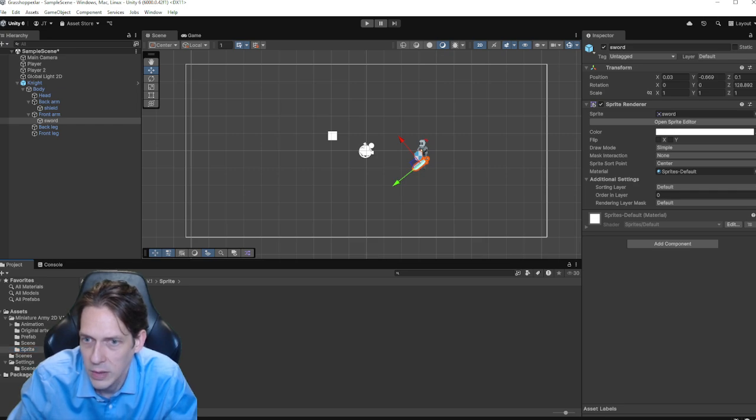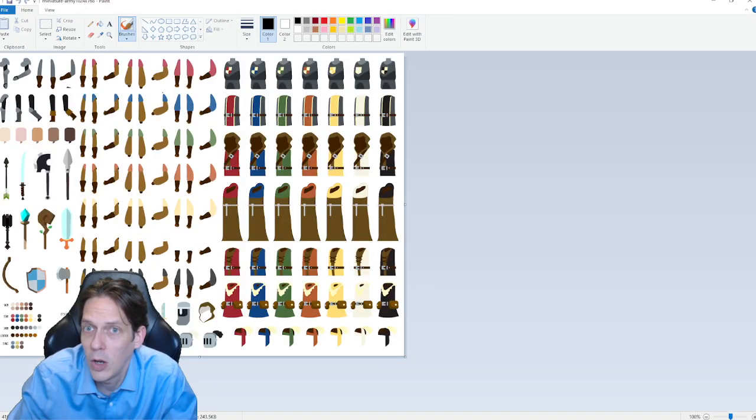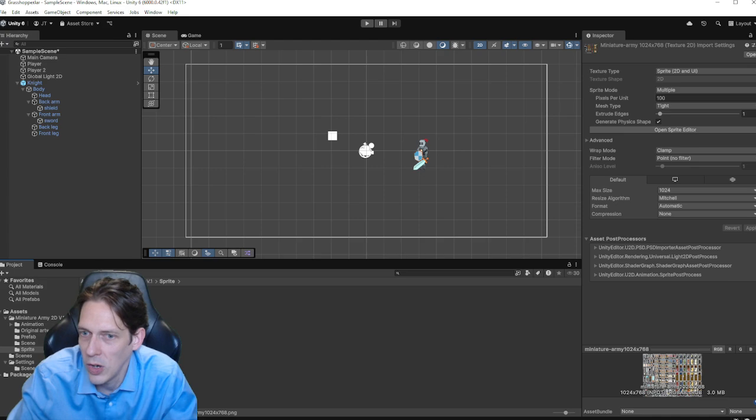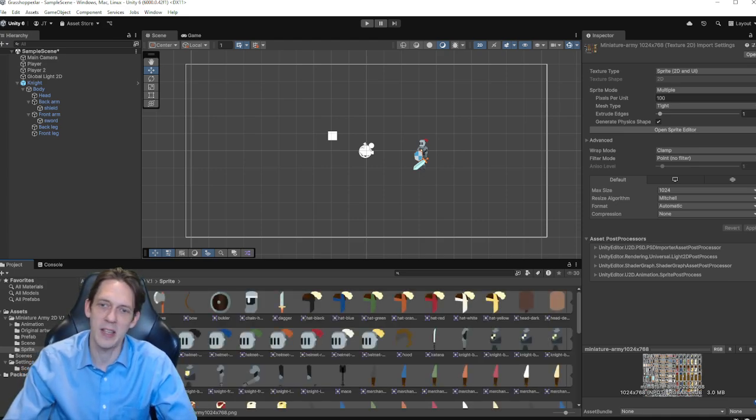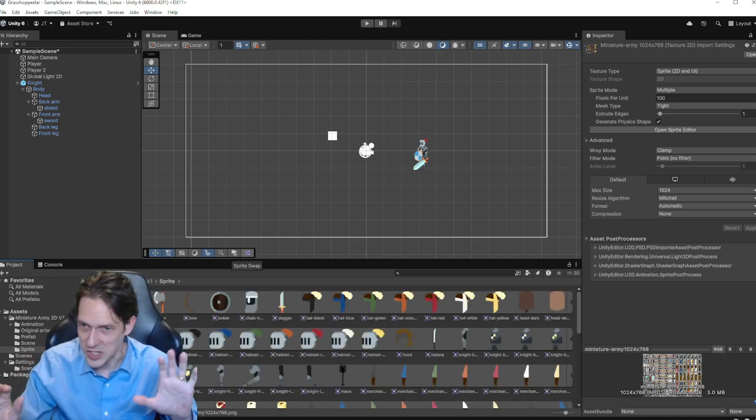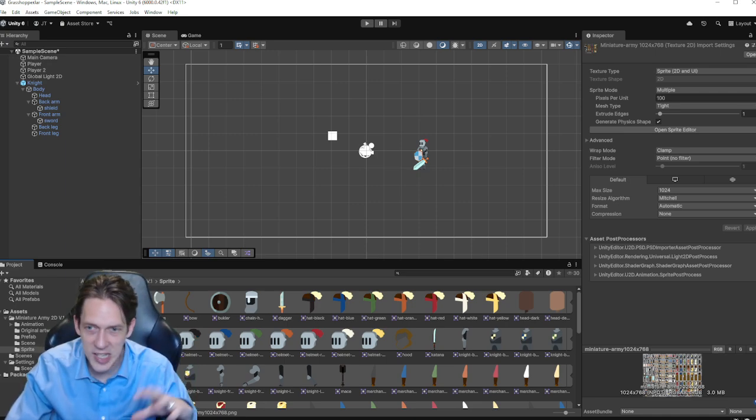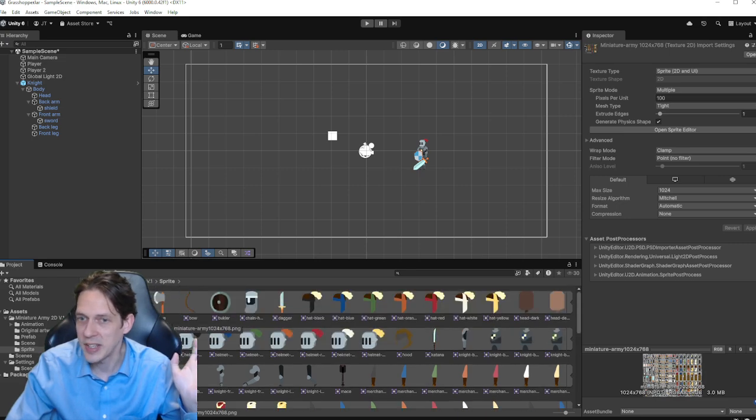There it is. Oh, I just messed up. All right, so this sprite file has this thing. I bet. Yup. That is cool. So you have this whole thing, and it's smart enough to divide these assets out in this file. So I can see all this stuff.